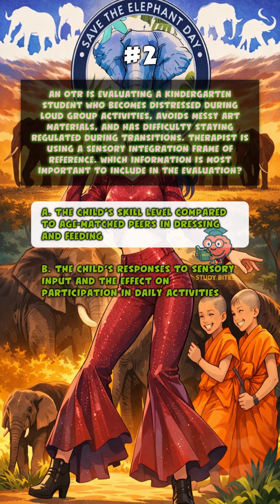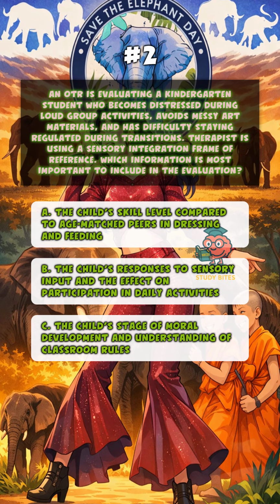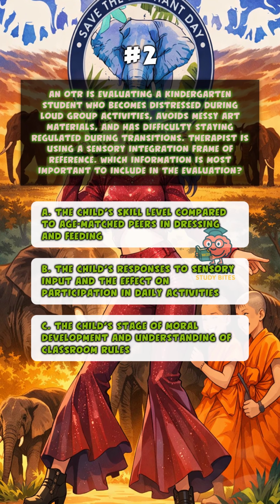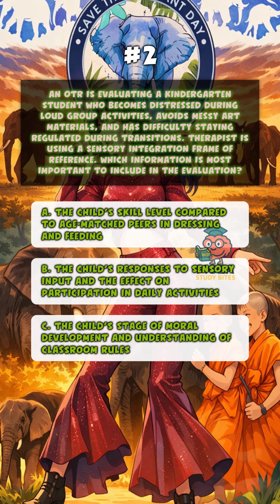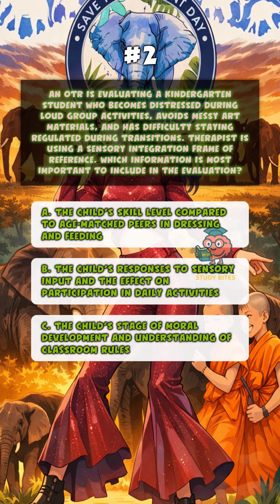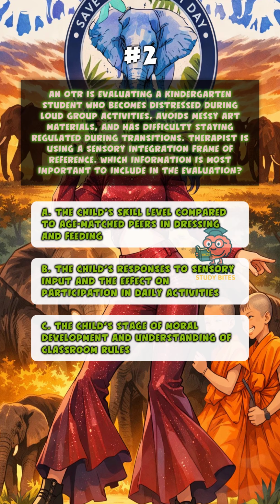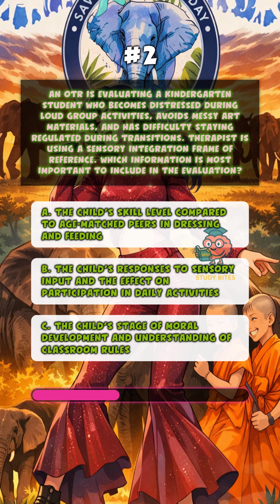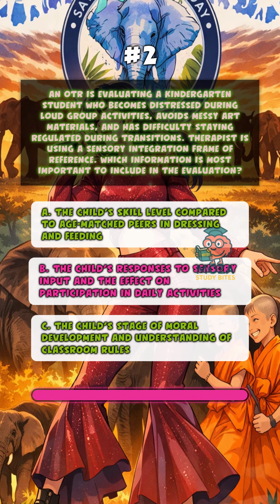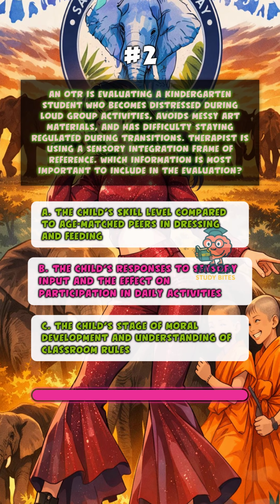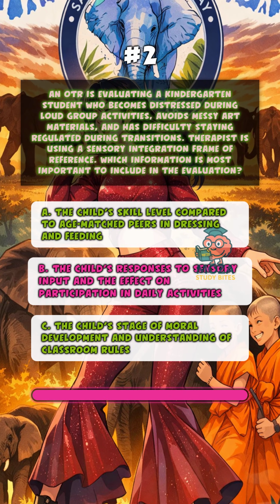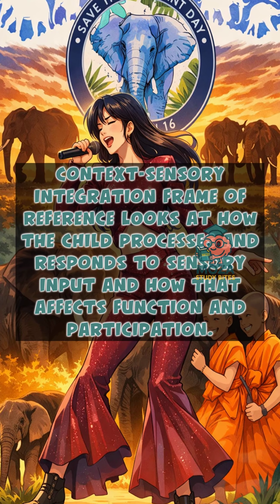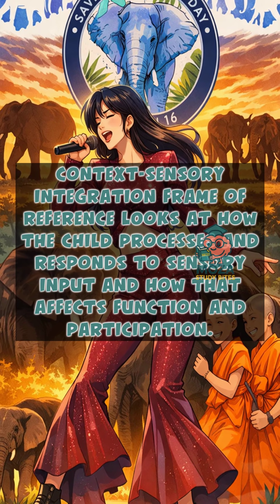An OTR is evaluating a kindergarten student who becomes distressed during loud group activities, avoids messy art materials, and has difficulty staying regulated during transitions. The therapist is using a sensory integration frame of reference. Which information is most important to include in the evaluation? B. The child's responses to sensory input and the effect on participation in daily activities. Context: Sensory integration frame of reference looks at how the child processes and responds to sensory input and how that